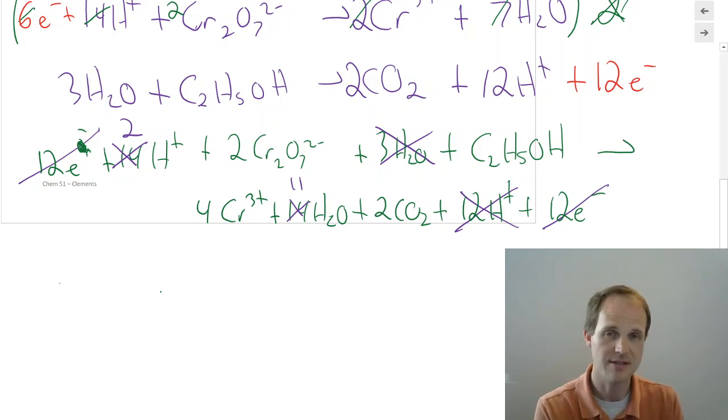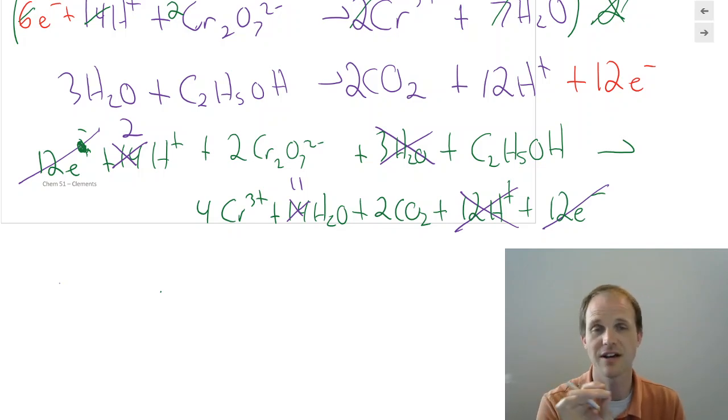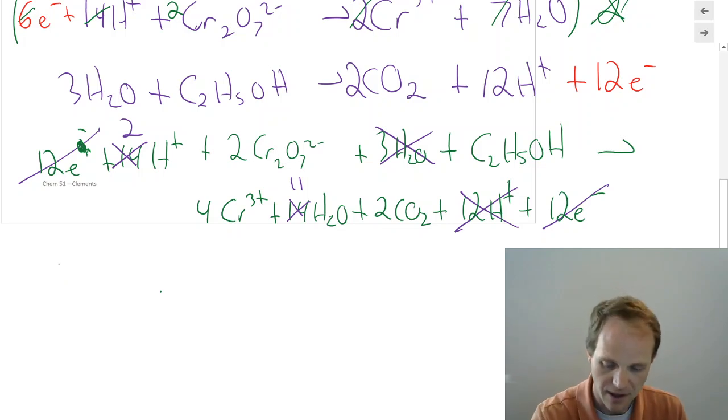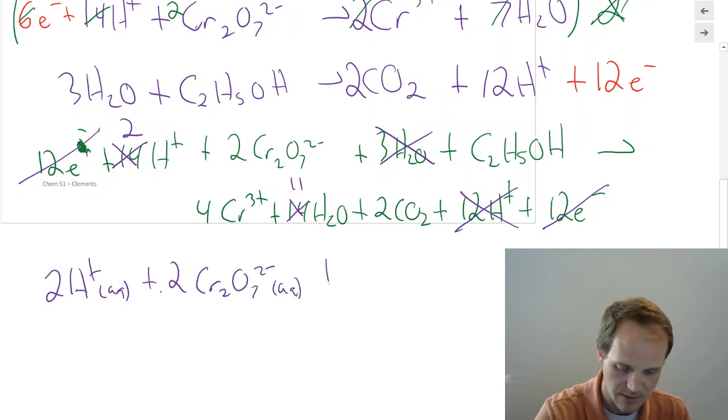Some people really like to start with the main elements, the dichromate, the ethanol, and then they put the hydrogens and waters and things like that. I'm okay if you just write it in the order it appears, and it doesn't really matter to me as long as you've got the right elements on the right sides with the right numbers in front of them. All right, so we've got 2H+ aqueous plus 2 dichromates aqueous plus